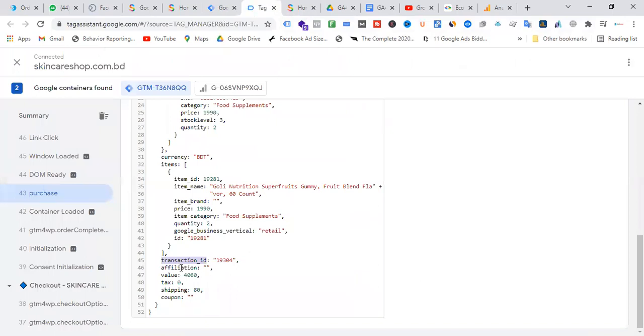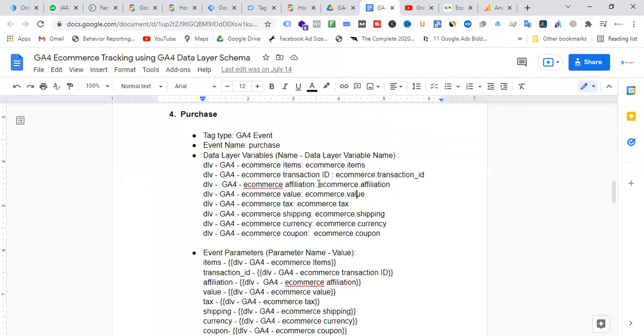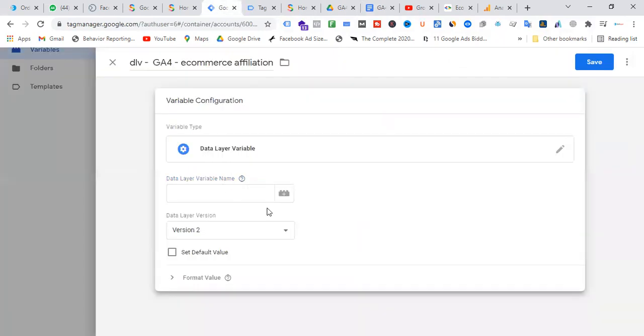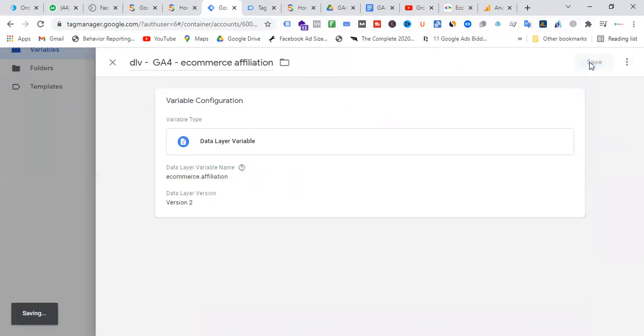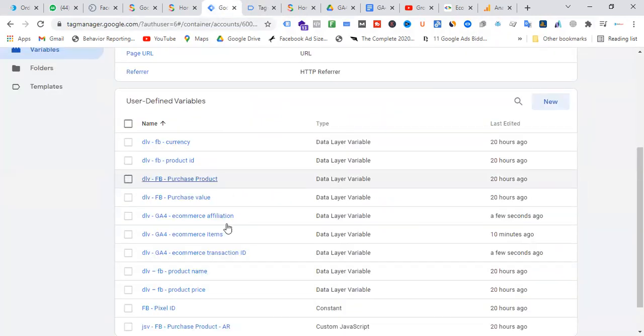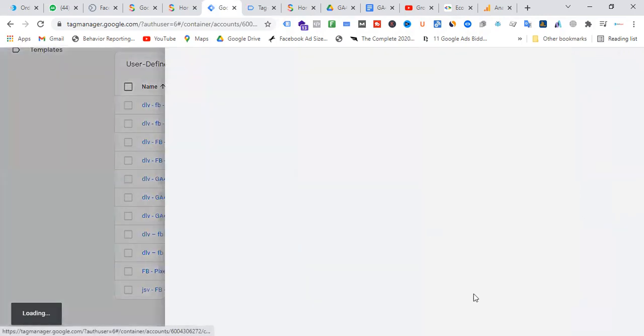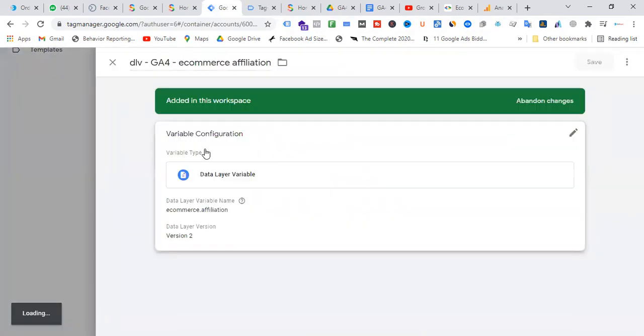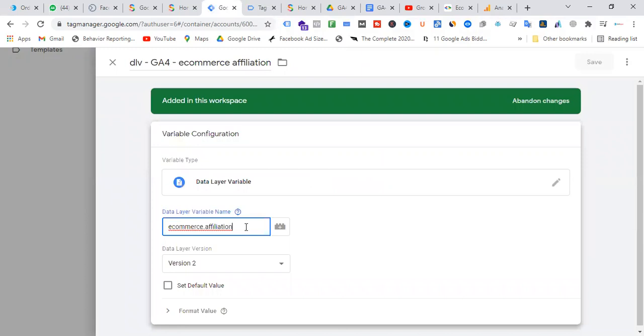Is there affiliate? Yes, affiliation. So e-commerce dot affiliation. We can just copy that. E-commerce dot affiliation. The naming would be the same, otherwise it won't work. E-commerce dot affiliation.